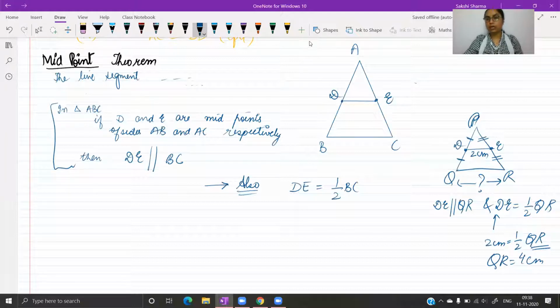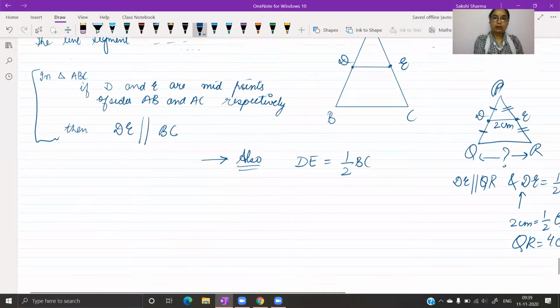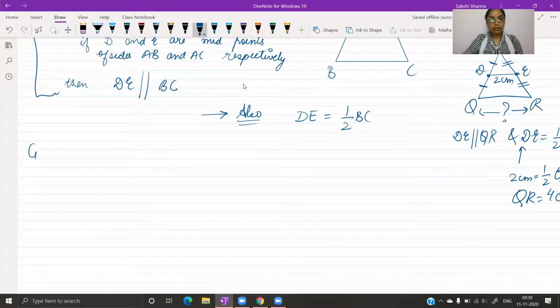So this is a question which can be asked for 1 mark based on this theorem, but the result that you use is this additional result. This actually comes from the proof, we are not doing the proof. When we write the proof, the conclusion also comes out that, other than these two being parallel, there is this relation existing between the lengths of these two sides. Then we have the converse of the midpoint theorem. Let's write it down.